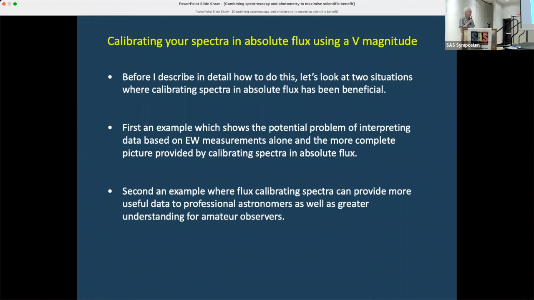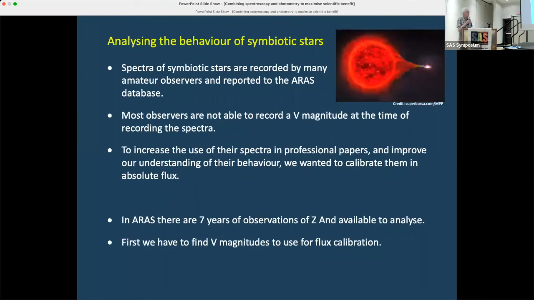And the second example I'll show you is where flux calibrating a spectrum can provide data that's both useful to professional astronomers, but actually more helpful to us amateurs to understand what might be happening in the object we're observing. So next slide, please. The first example is going to be based on observations of symbiotic stars, which are binary